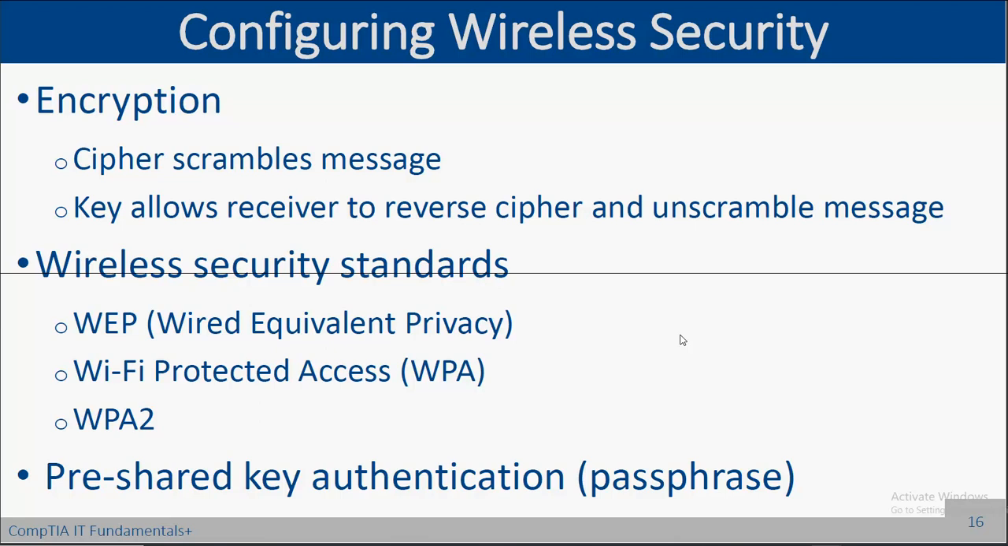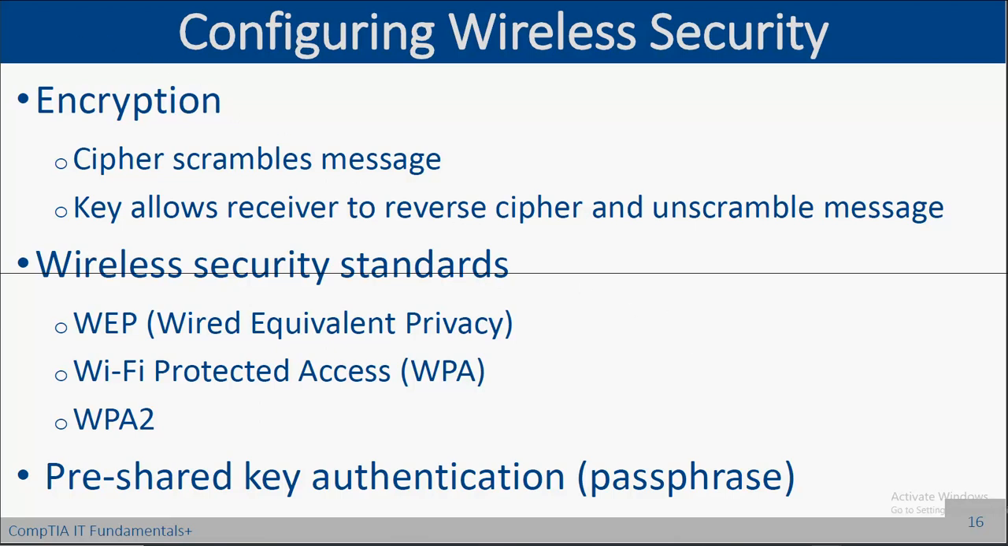So again, wireless security standards are WEP, WPA, and WPA2. The least secure is the WEP, Wired Equivalent Privacy. The most secure of these three is the WPA2, and that's what you should choose when you are setting up your wireless router. And then the pre-shared key authentication phrase is the password that you use to connect to